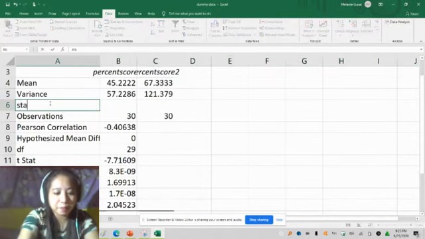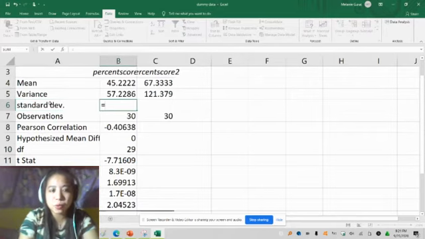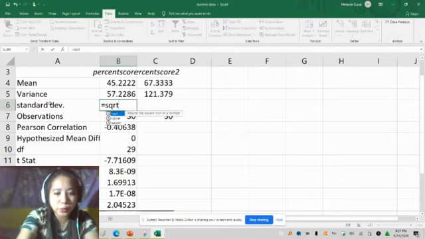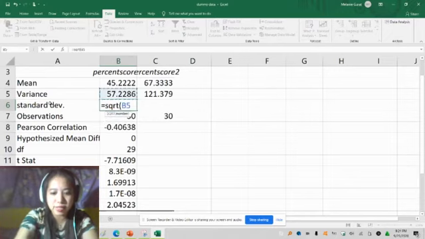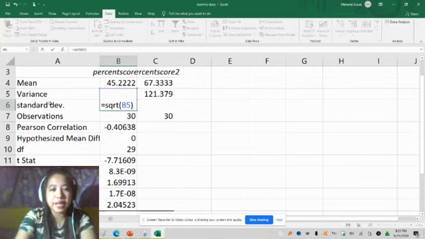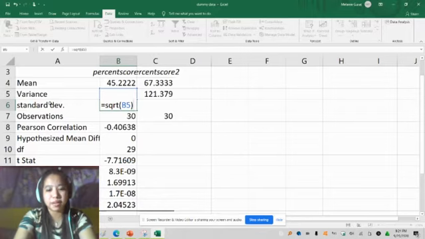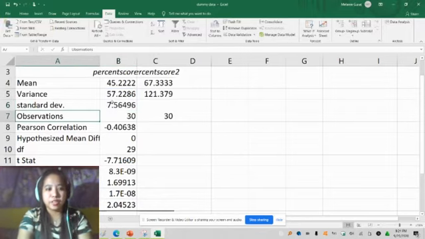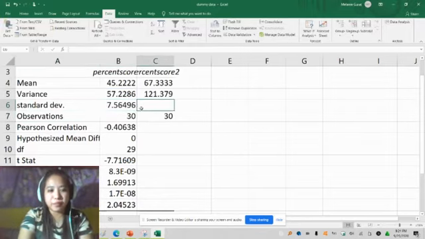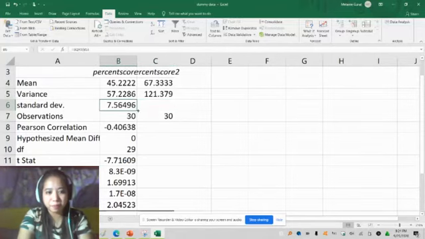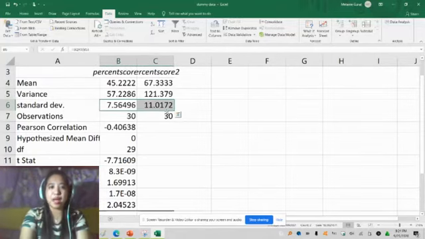So you need to just get the square root of the variance. What I did was place the formula equals SQRT, open parenthesis, the cell for variance, and then close parenthesis, then click OK. So we have the variance 7.56, and for the other one, we also have